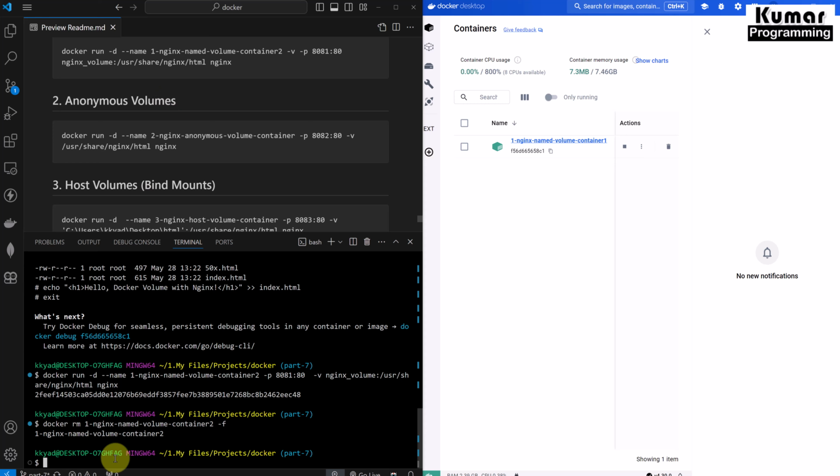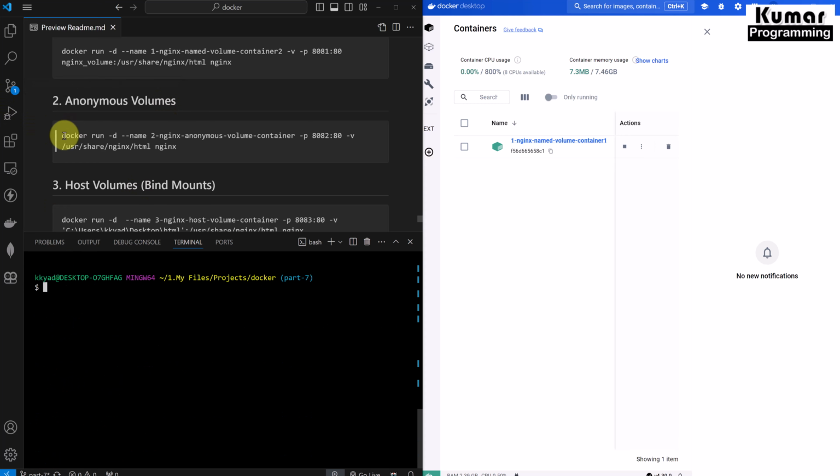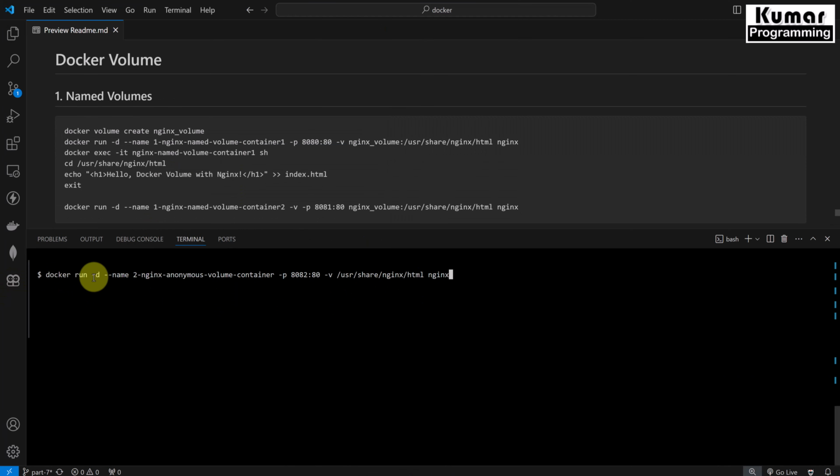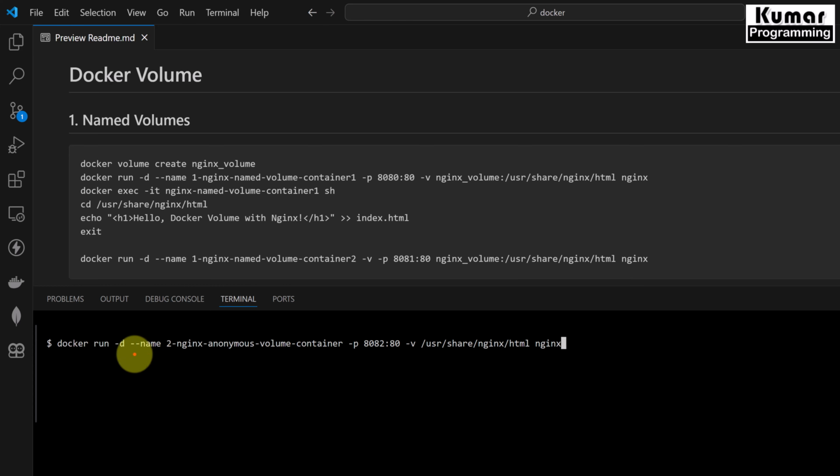So now I'll make it clear, and here we have the anonymous volume. Let me use the same command here and explain. We know how we can create our container by using docker run -d, and here we are providing the name for the container, and then the port for the container, and finally we are associating a volume to the container.